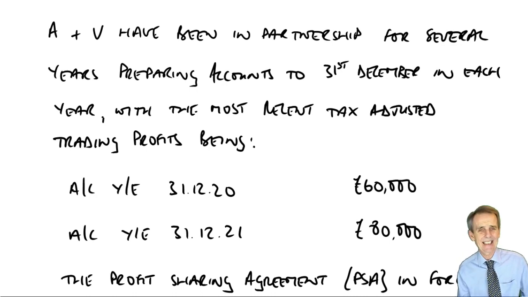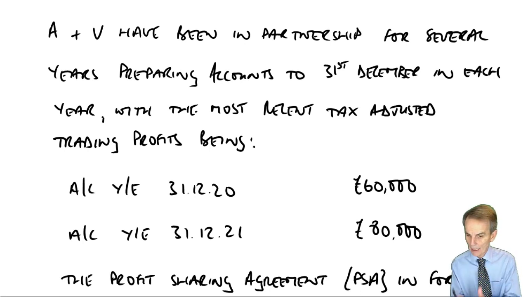And as it is a continuing partnership, then each of the partners will by now be using current year basis. So whatever accounting year end we're dealing with, once we have the tax adjusted trading profit split between the partners, each continuing partner will be assessed using current year basis. So what is the accounting year end? In which tax year does that accounting period end? And using CYB, it will be that tax year for which they are now assessed on their share of that